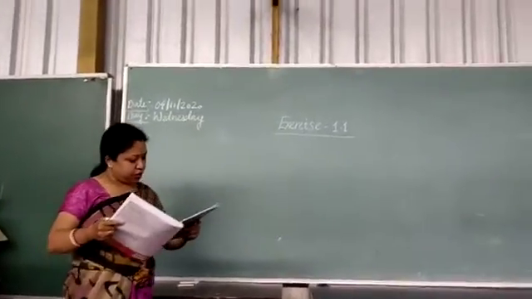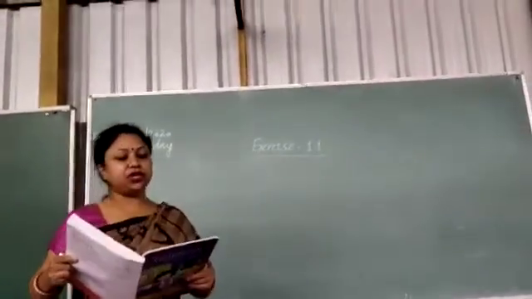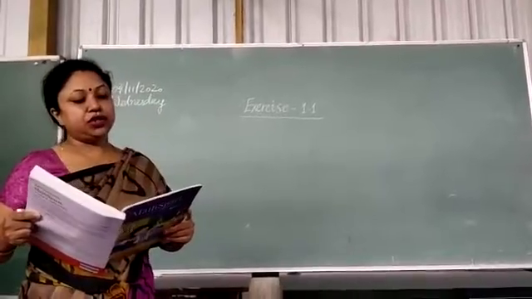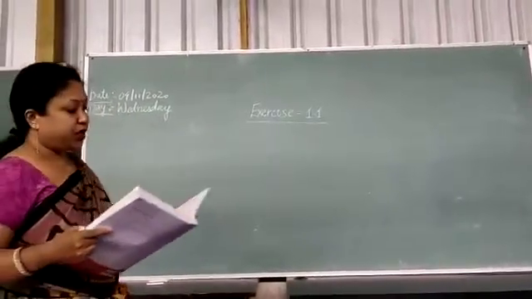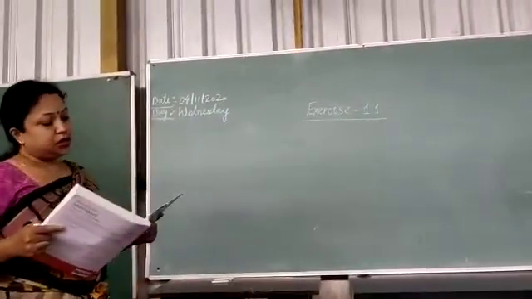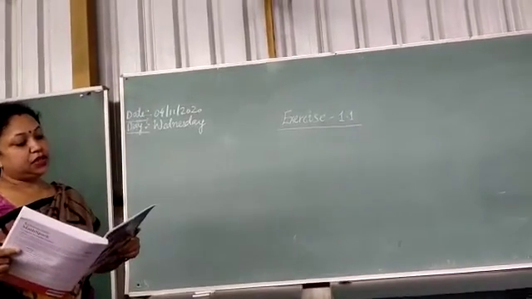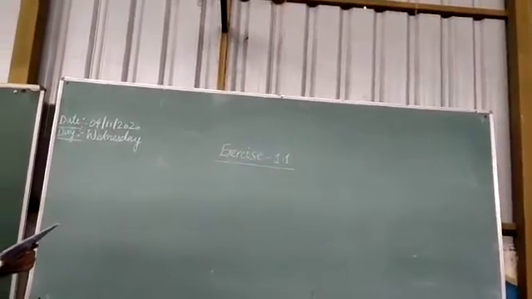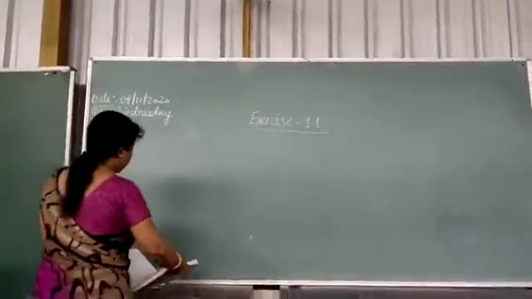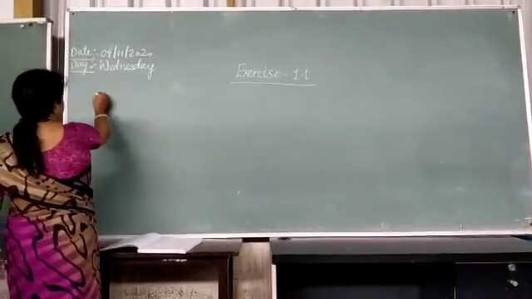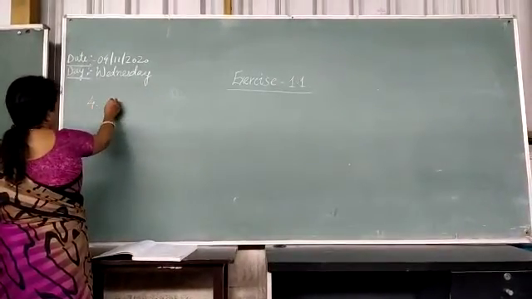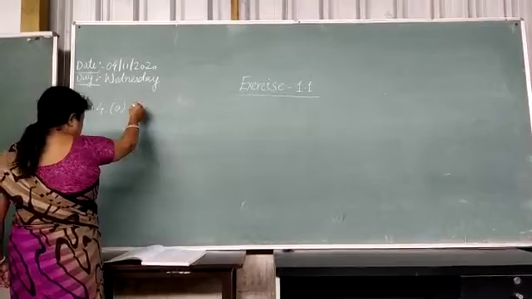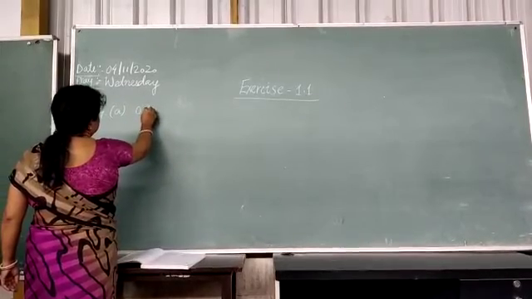Look into your book, page number 6. What is given there in question number 4? Determine the quotient for each of the following. So I will do your number A, B, C, D, E and F. You will be doing G, H, I, and J. So what is given? You have to find out the quotient, number 4A. 0 divided by 8.